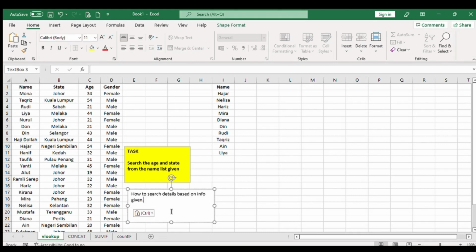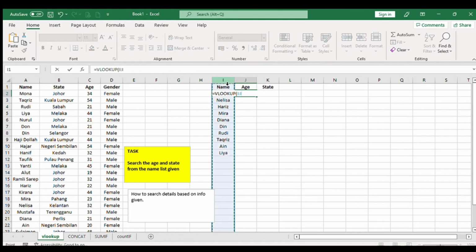In this video I'm going to show you how to use the VLOOKUP formula. VLOOKUP can be used when you have to search for data from the data given. In this case you have names, but you have to search for age and state from the data given. So you use VLOOKUP, and then you select the I column, because the I column is the data that you have,